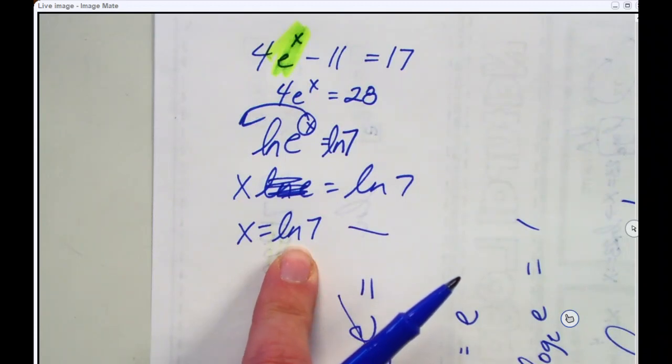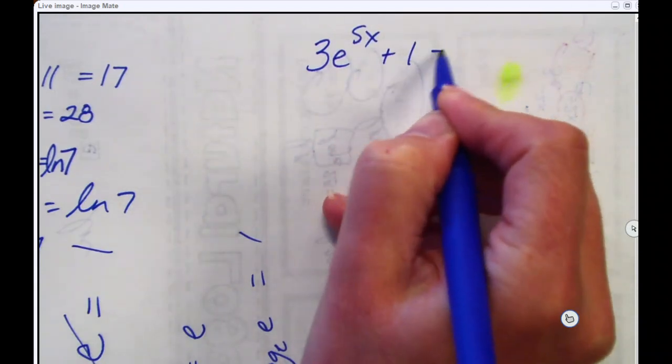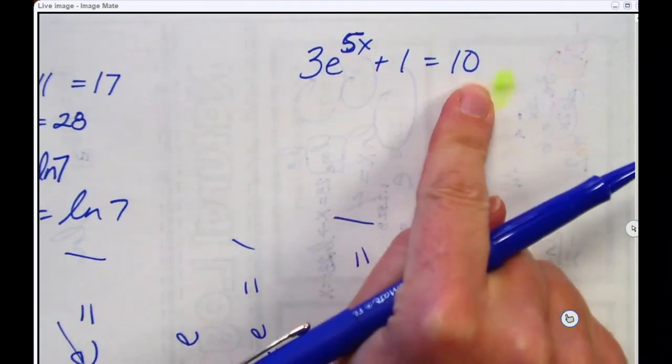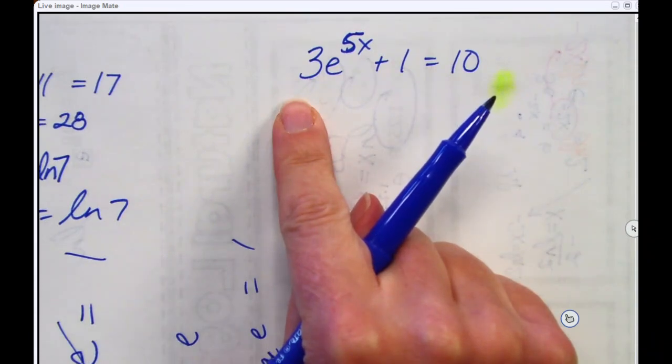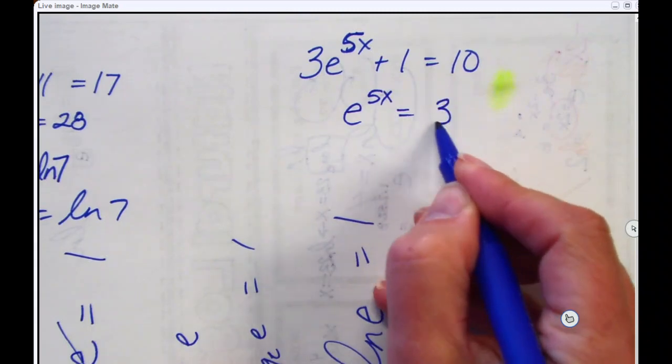One more? One more. Okay. Let's see. Find one that's a little harder than that. How about this? 3 e to the 5x plus 1 equals 5. Okay, you guys were quick at that last time. It made me happy. And I think this is just going to solidify it. We're going to take away 1 and divide by 3. Can we do that in one step? Yes. So we get,